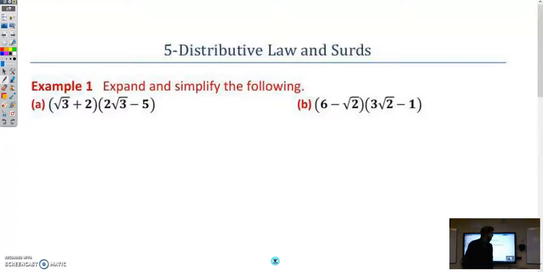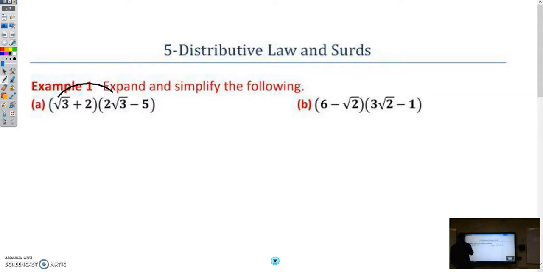Alright, year 10s. Today we are looking at the distributive law and surds. This is binomial expansion with surds. Looking at example A. Remember, with binomial expansion, where there are two terms in each bracket, we're going to end up with full multiplications. So we have